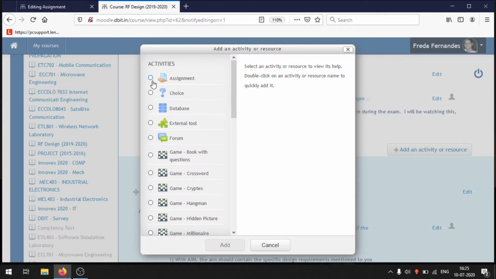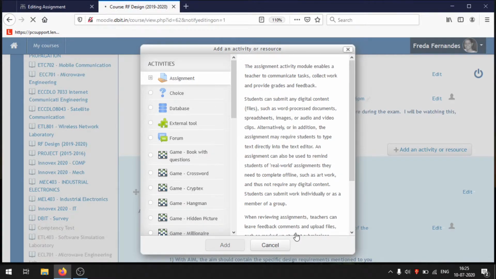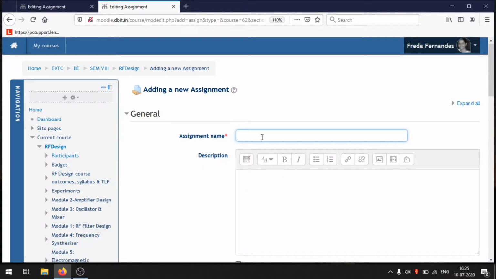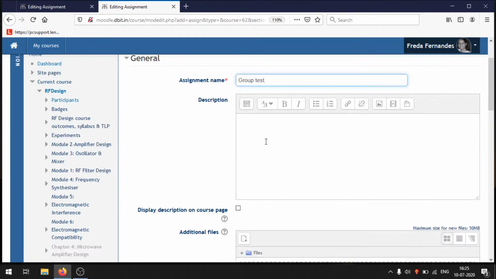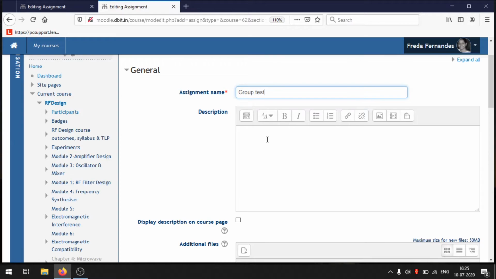I'll say assignment, add, and this is the group test assignment. And so I will have some questions typed here. This is the question that this particular group has been assigned.